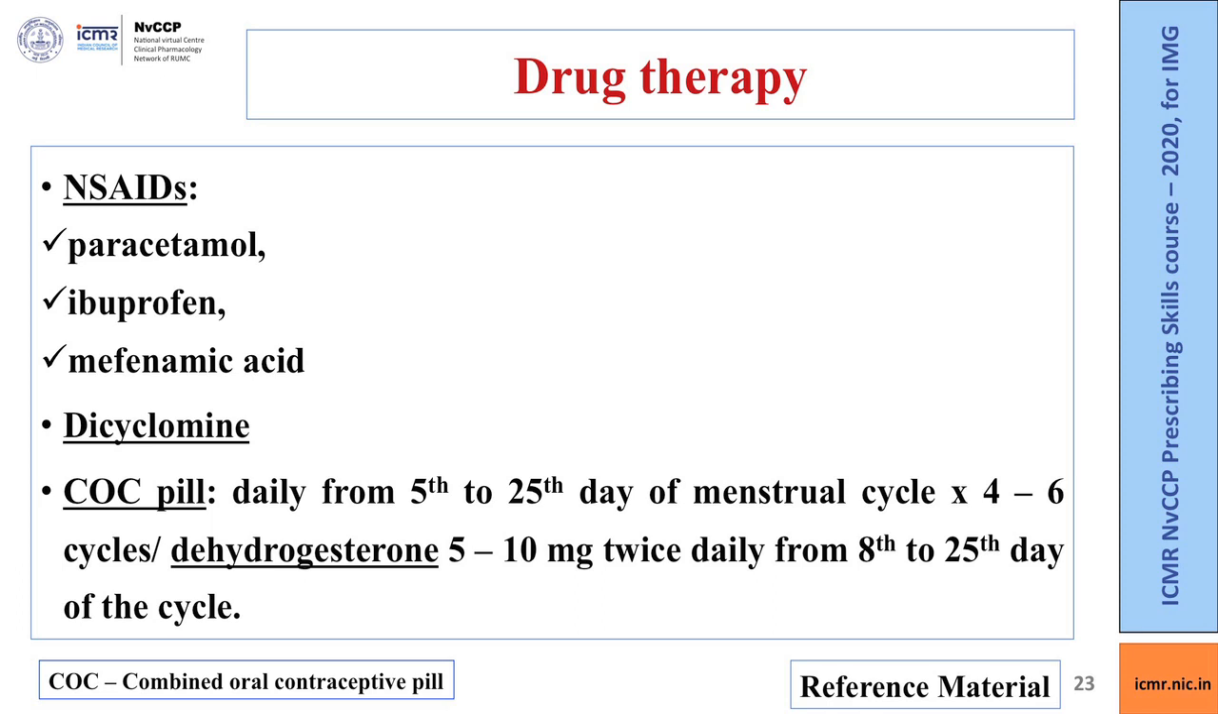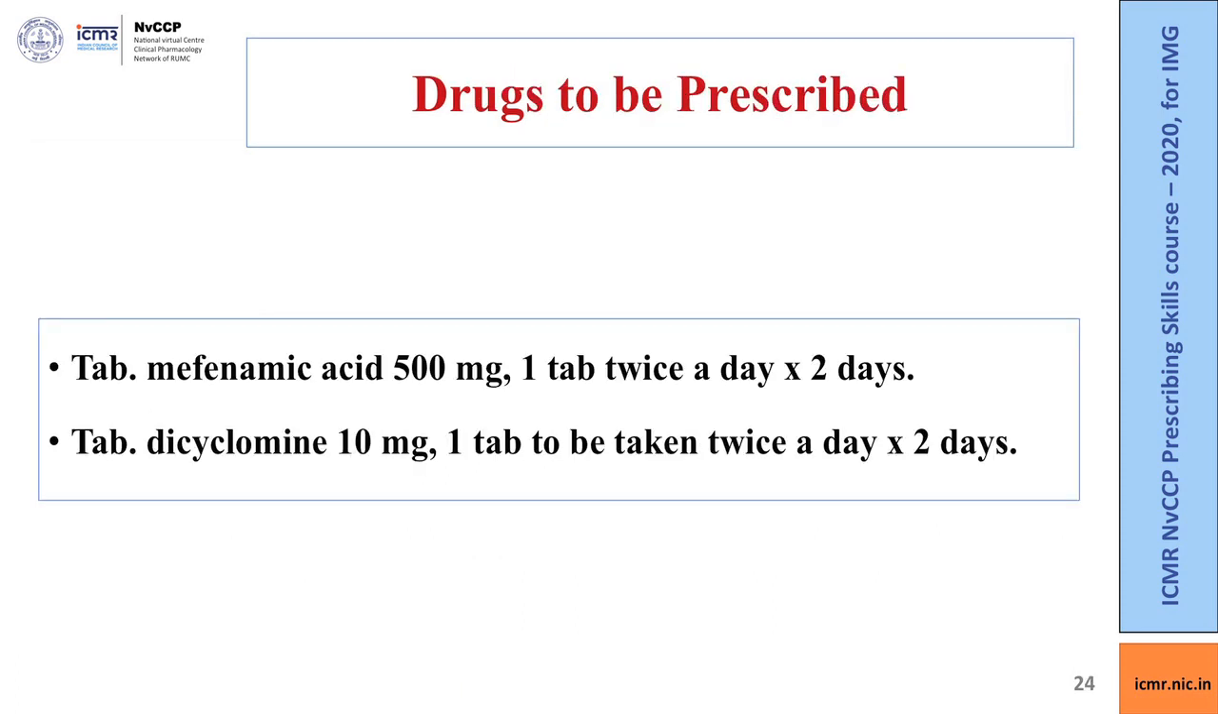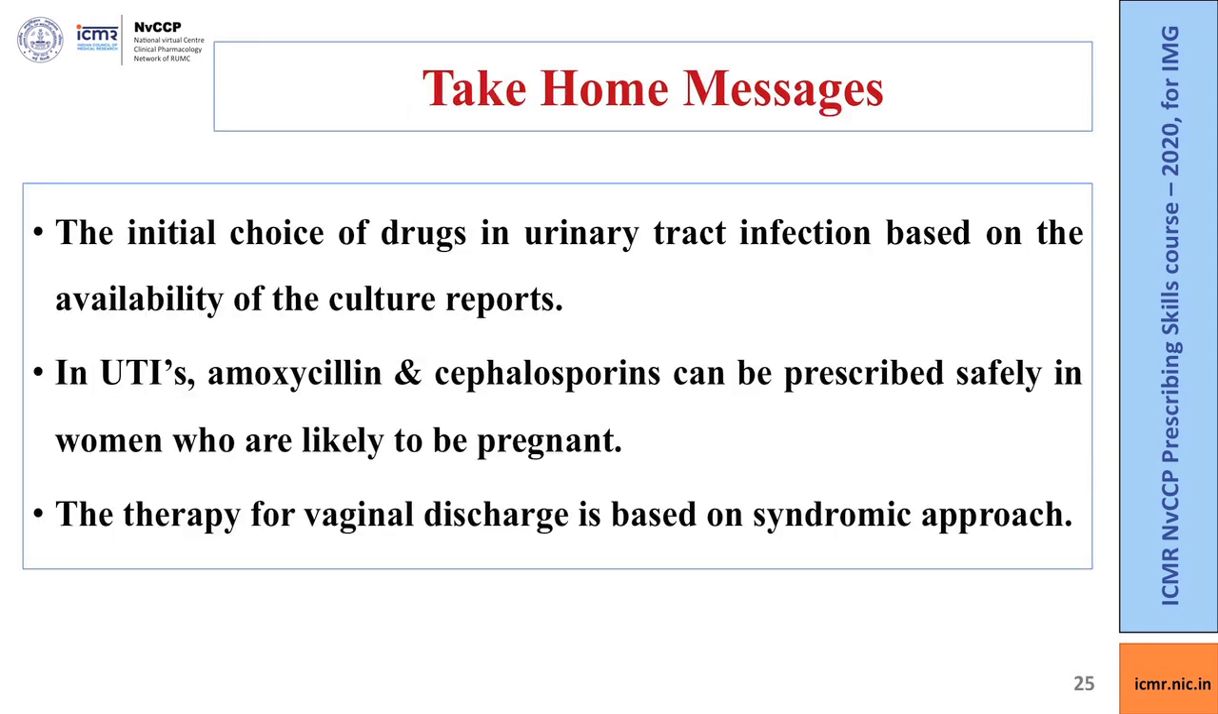Appropriate education regarding the use of hormonal pills should be given to the patient. Please refer to the reference material for the detailed information on the drugs for dysmenorrhea. Hence, the drugs to be prescribed for the 23-year-old unmarried girl in our case are tablet mefenamic acid 500 milligram 1 tab twice a day for 2 days, and tablet dicyclomine 10 milligram 1 tablet to be taken twice a day for 2 days. Hence, the take home messages are: